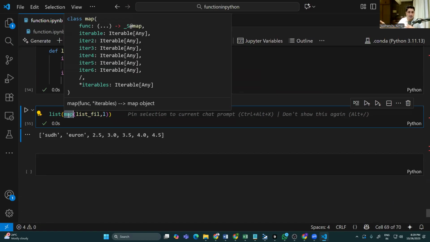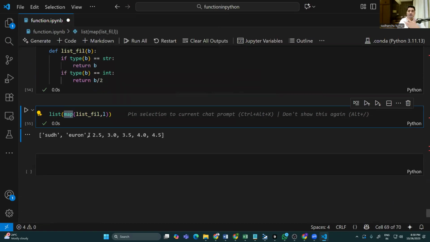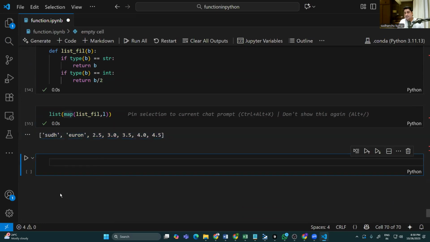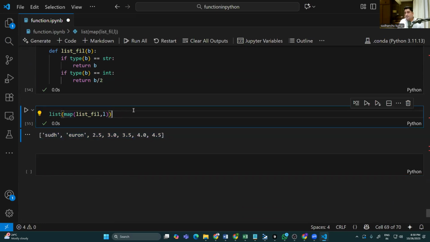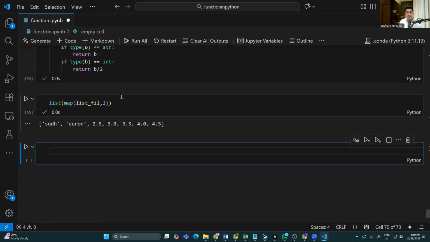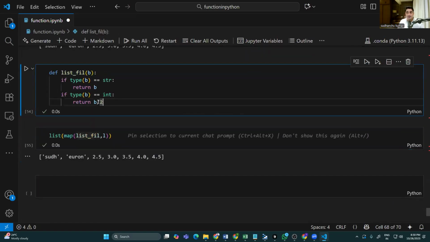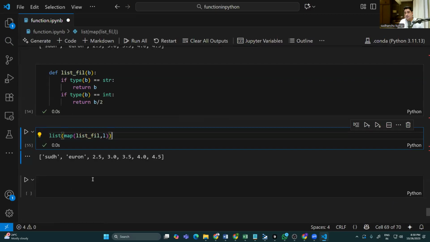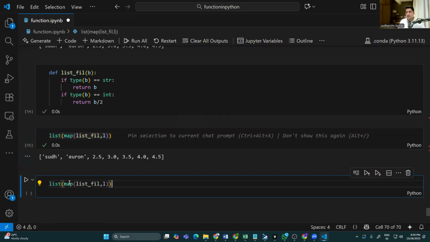Nothing is wrong. Both are right. Okay, fine, that's amazing. So this is the map function. Now I can even write a lambda over here. Yeah, I can write a lambda over here. So let's suppose I am going to pass a lambda. Third approach, right? I can write a lambda over here, maybe